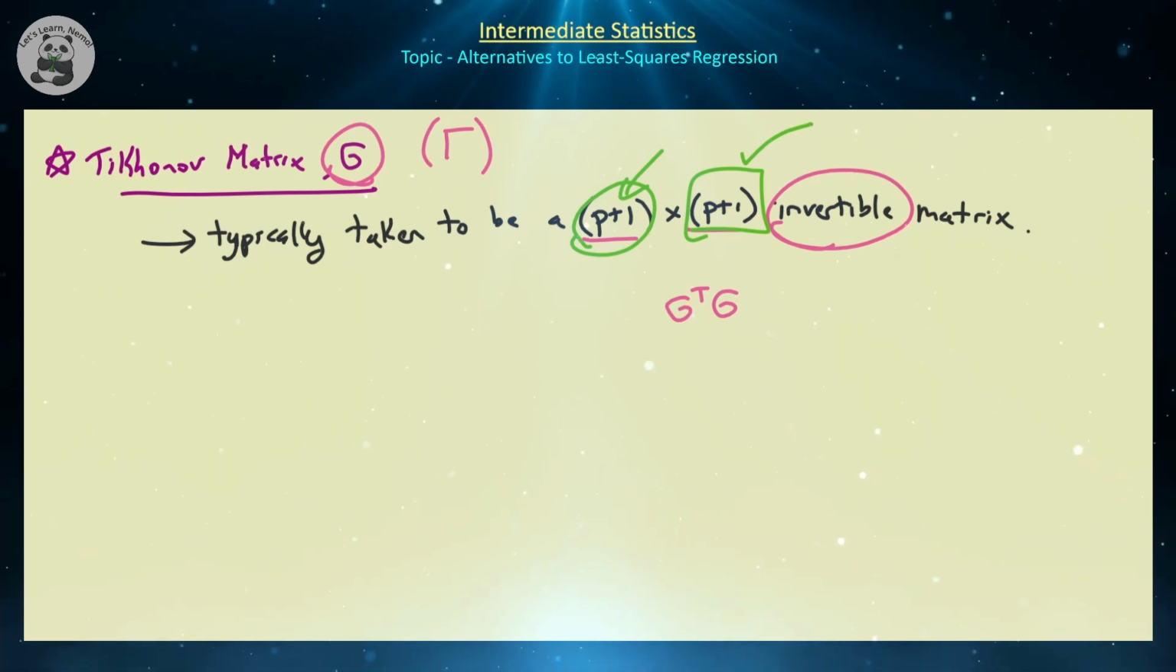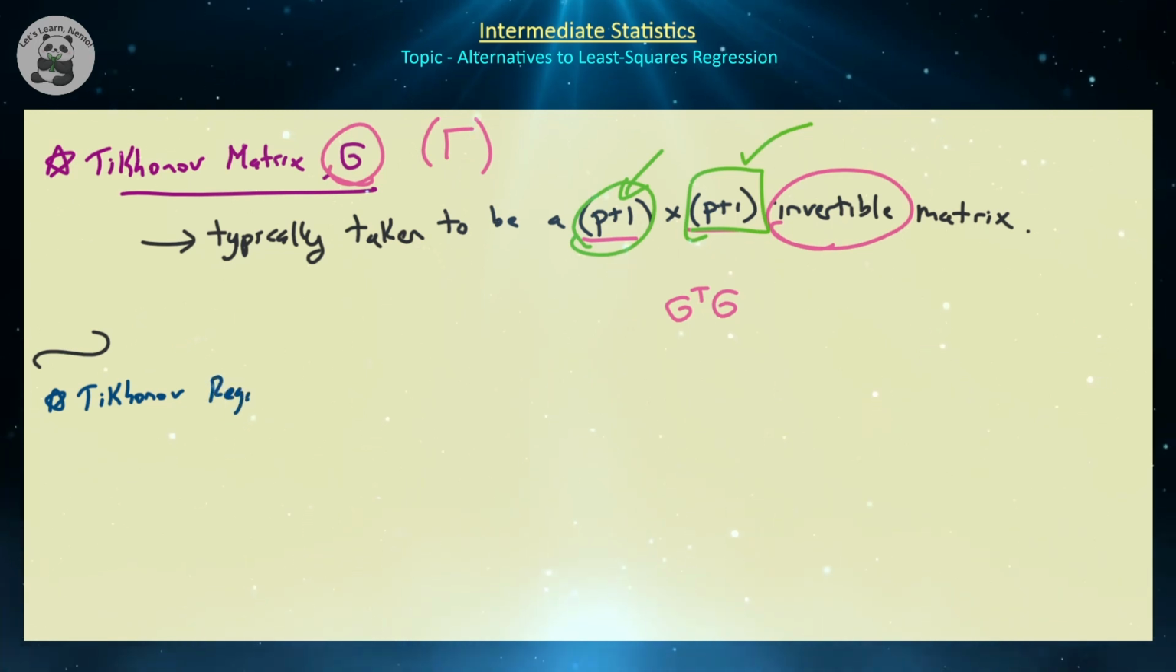So the number of columns in this matrix must be p plus 1, but you have a little bit of flexibility on how many rows this particular matrix has. And when we actually state what this Tikhonov matrix is actually used for, you'll understand why you have that flexibility in just a moment. So the next class of methods that require this Tikhonov matrix is referred to as